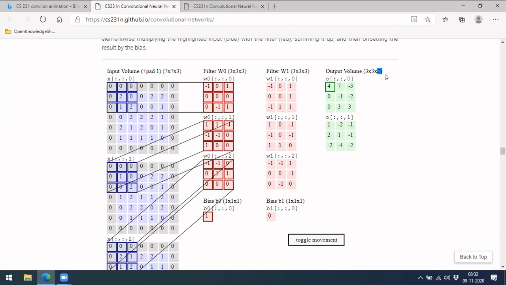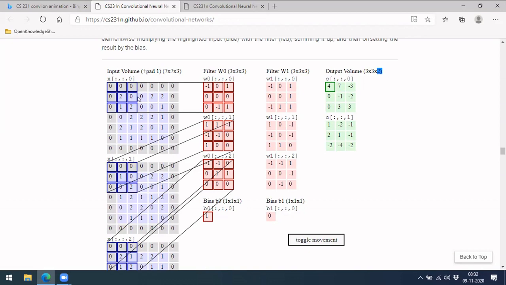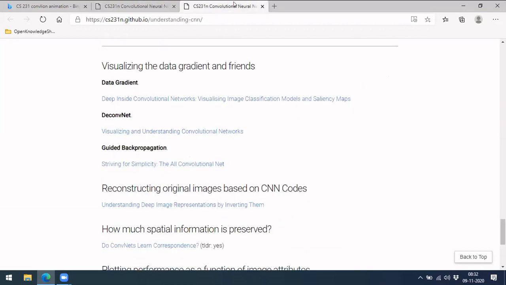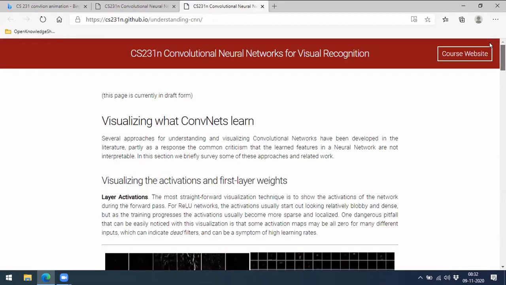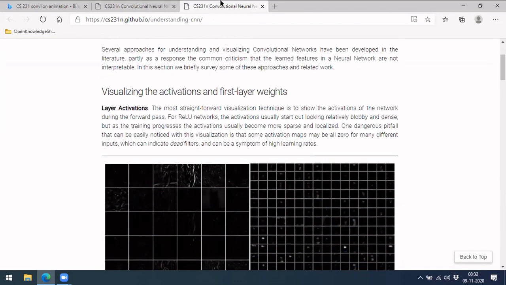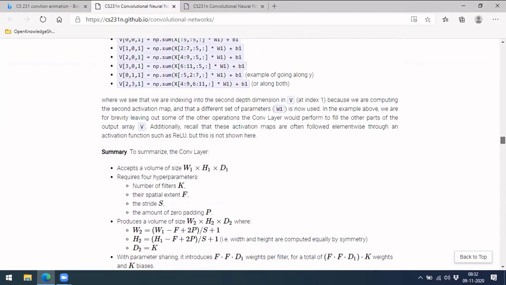Let's move forward and see how to calculate, and also discuss how these actually work. This website has given a very nice explanation of how the convolution works, and this one is given by Stanford University. You can also refer to this. We'll come to this part at a later point. This is how the operation will happen.